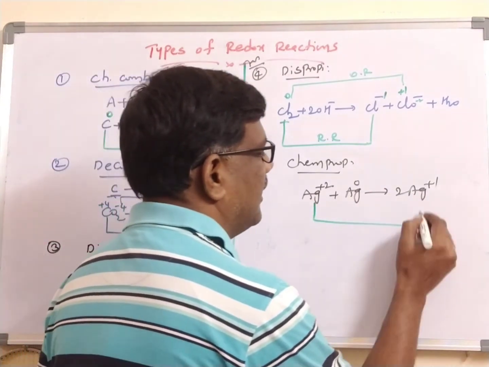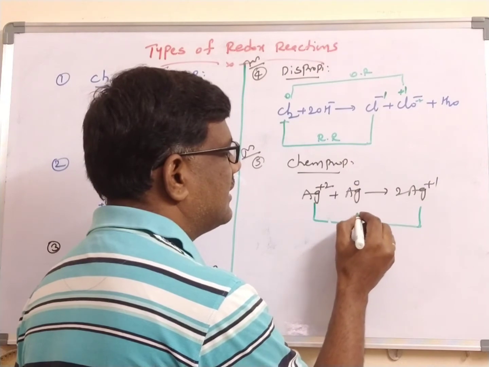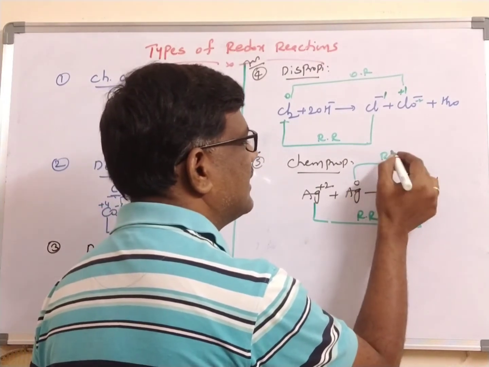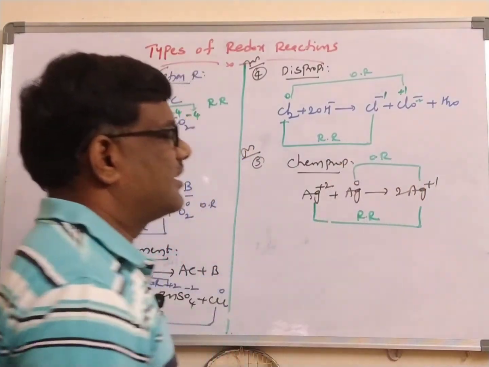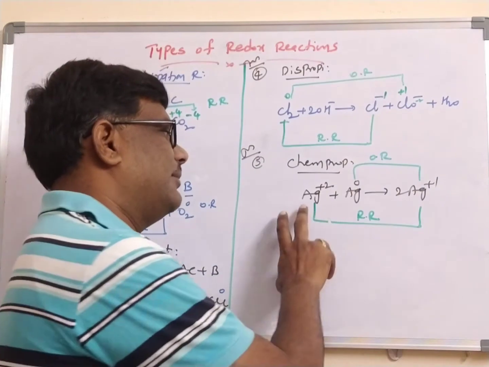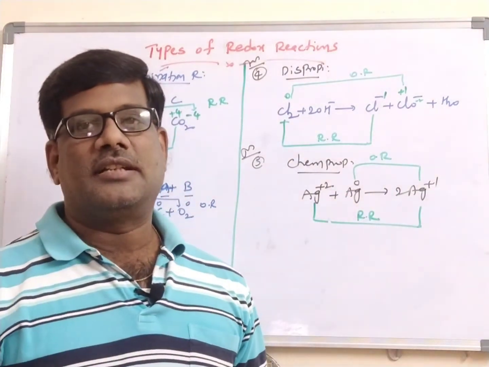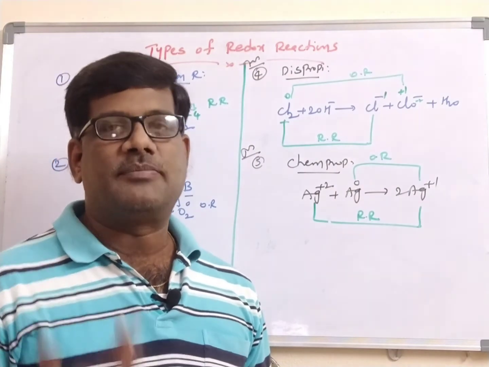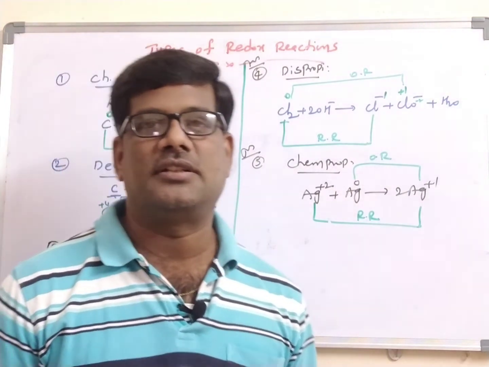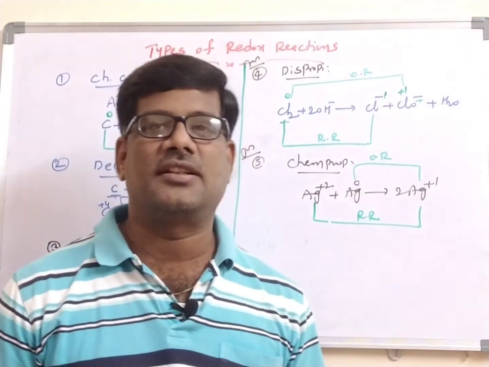Here, observe the oxidation state changing from +2 to +1. Ultimately it is decreased, a reduction reaction. 0 to +1 is increased, the oxidation reaction. Ultimately both reactions take place, where the same element with different oxidation states gives a compound with the intermediate oxidation state. In that reaction both oxidation and reduction take place. Ultimately this reaction is called the comproportionation reaction.